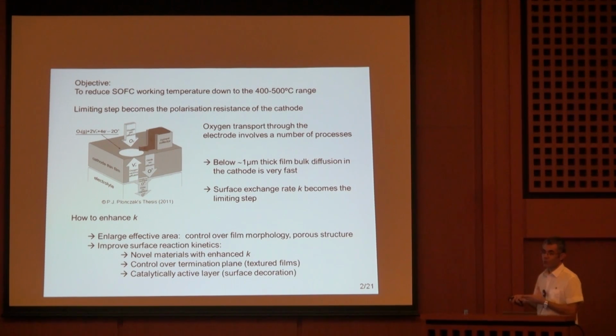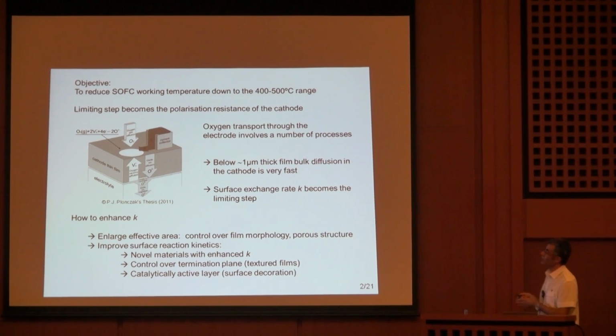But of course, when one tries to reduce the working temperature of these fuel cells, the fuel cells are a combination of different elements, mainly a cathode, electrolyte, and anode. And there are several works that have pointed out that the main limitation for the reduction of temperatures in these cells comes from the cathode side. This does not mean that the electrolyte or the anode side have less importance. It's absolutely important to have better performance in all those elements and in the combination of all these three elements. But focusing on the cathode side,